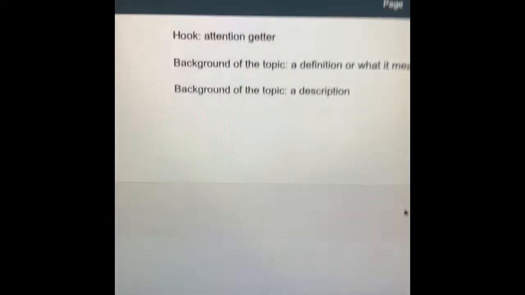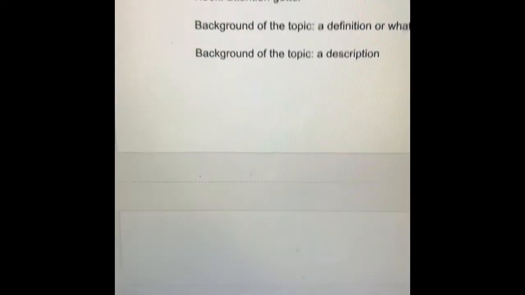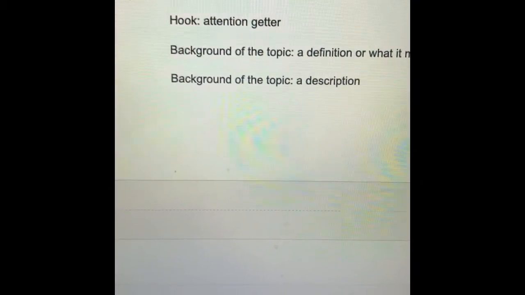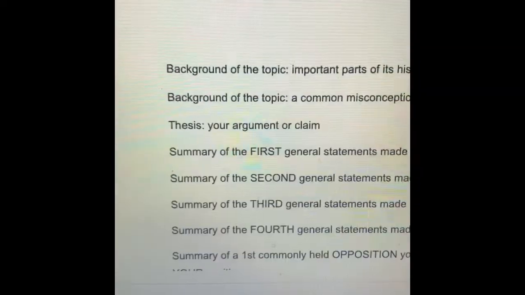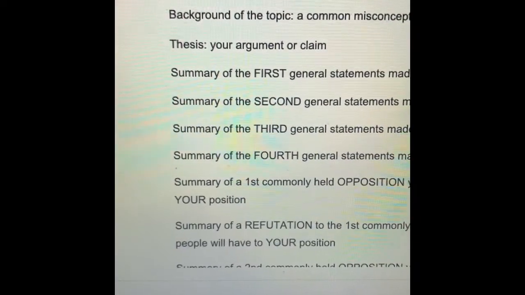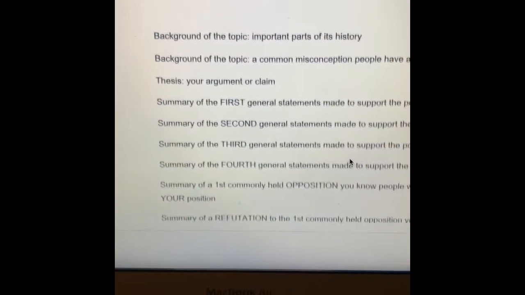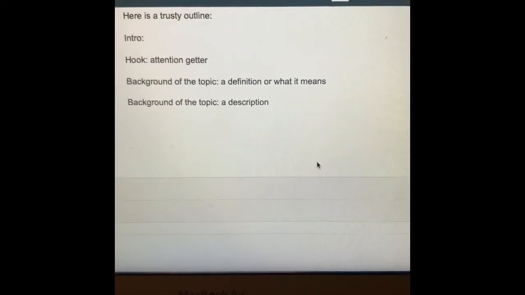Here's a trusty outline, and I just wanted to notice something with you. For the outline, there's a hook, and then 1, 2, 3, 4 backgrounds, right? And it's just my suggestions here, right?